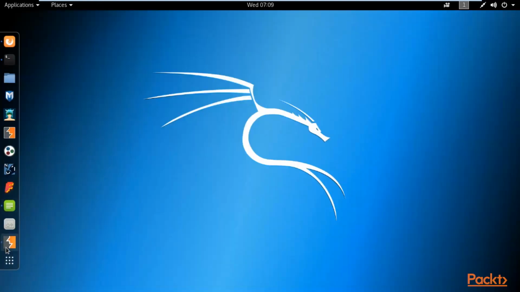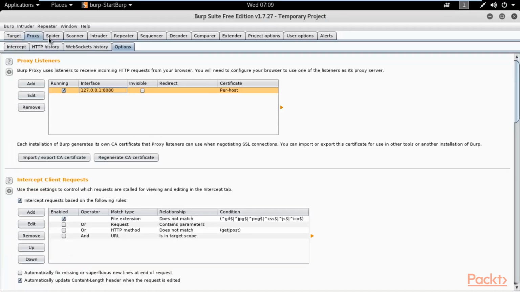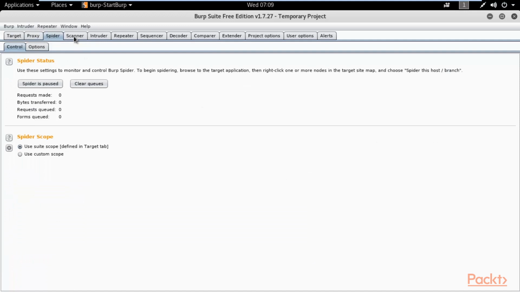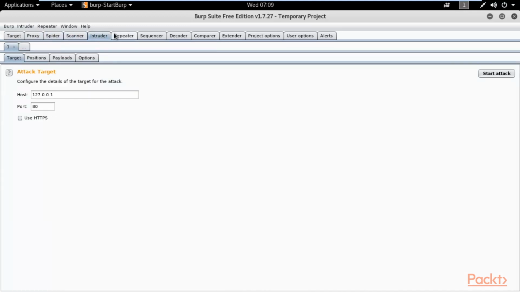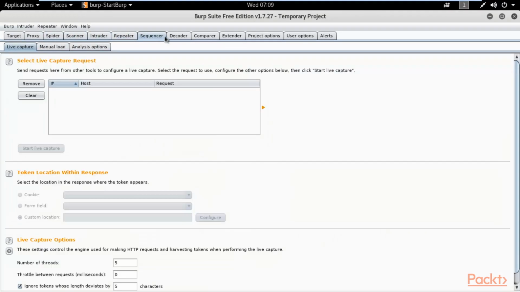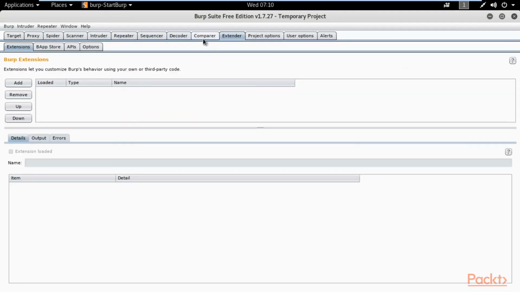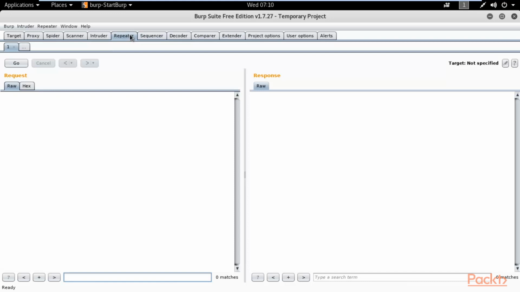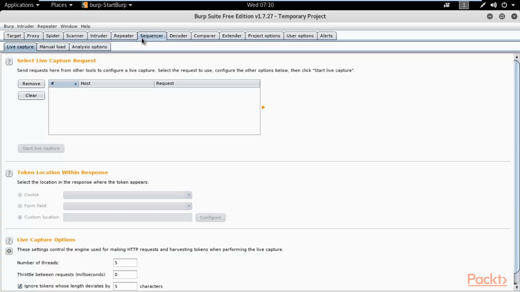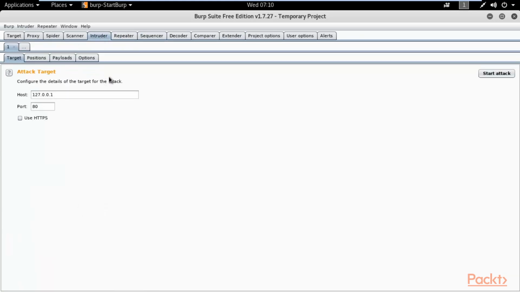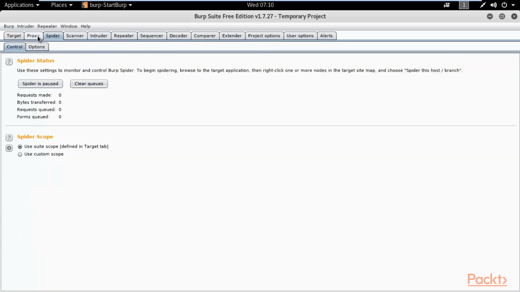Now here's Burp Suite. You can see here that spider is available, scanner, intruder, repeater, sequencer, decoder, comparer. All these options are available here. You can use them. All right. Now what I need to do here is